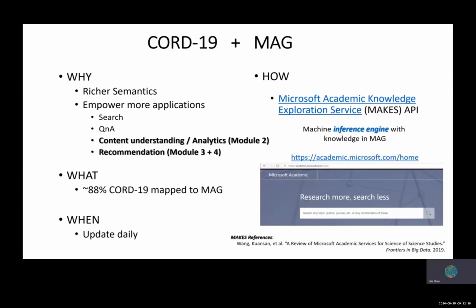We know it's important and beneficial, and how can we achieve this? Paper in CORD-19 to paper in MAG linking. We will leverage the inference engine developed by the Microsoft Academic project, which is called MAKES, representing Microsoft Academic Knowledge Exploration Service. Essentially, it is an index built based on the MAG knowledge graph content, and it would take a